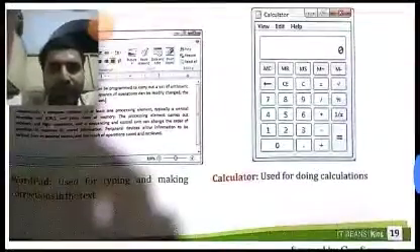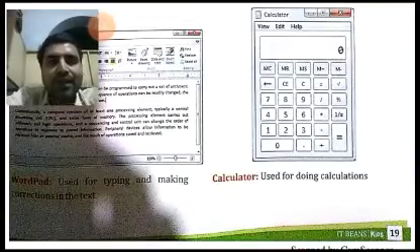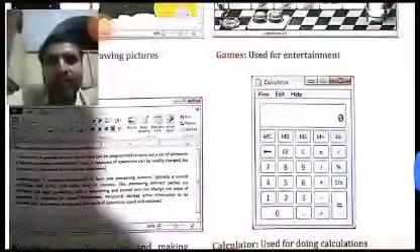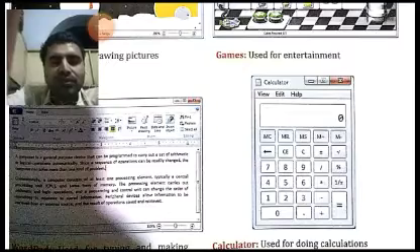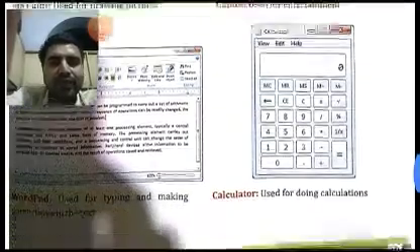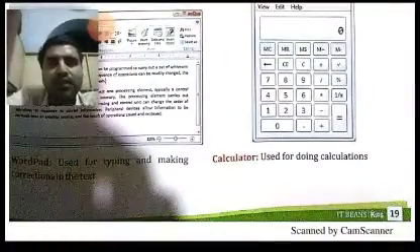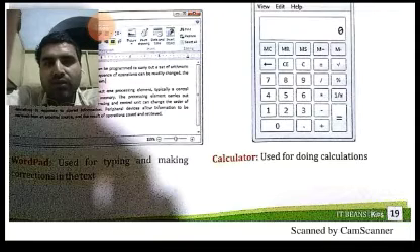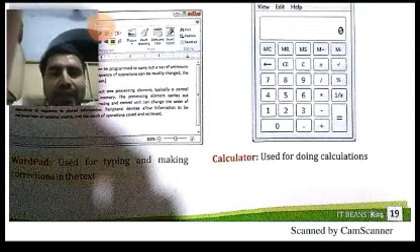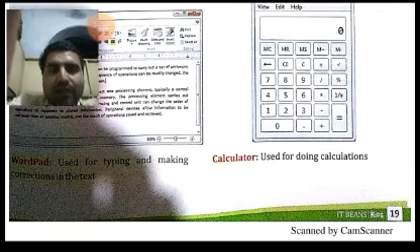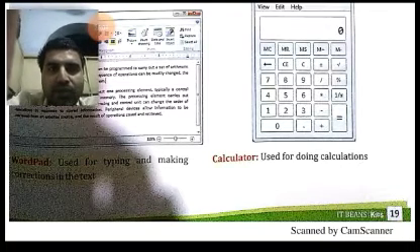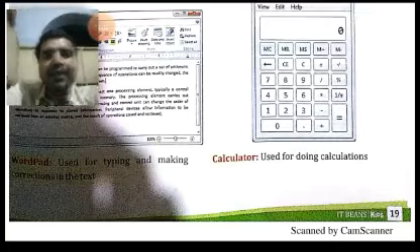Then the next type of application software is WordPad. WordPad is a type of word processing software, like MS Word. What is word processing software? It is used for typing, making documents, and making corrections to the text.